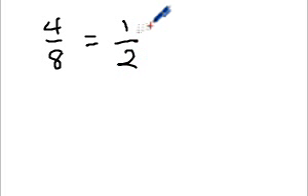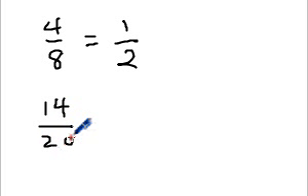So in the case of 4/8, you know that that would be the same as writing it as 1/2. And 1/2 is simplest form because no number can divide both into the numerator and the denominator. No whole number. So we're basically talking about whole numbers. Now 4/8 is relatively simple, but if you have a fraction such as 14/20, you might not see right away